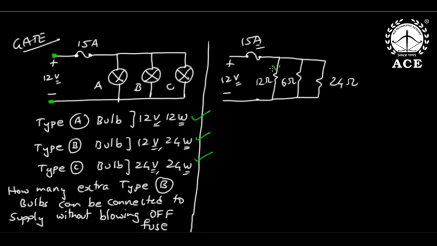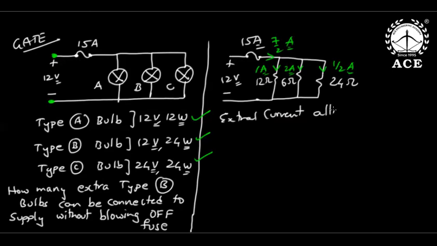This is 12 by 12, 1 ampere. This is 12 by 6, 2 amperes. And this is 12 by 24, half ampere. That means already a current of 3.5, which is 7 by 2 amperes, is flowing in the fuse. So already in the fuse, how much current is flowing? 3.5. So extra current allowed